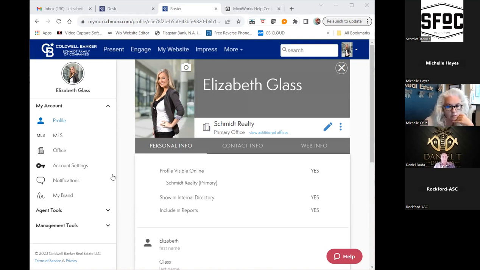So I just want to very quickly reiterate something we haven't talked about for several months, to make sure everyone knows all their different support locations. It should be pretty quick in and out today, just a quick refresh. We have opportunity inside the company, and within Moxi, for you to reach support when you need. Sometimes you can't reach your ASC during the day or during the evening, and you just have to grab the help you need when you need it. So I'm going to show you the couple of places that you can go to for help.